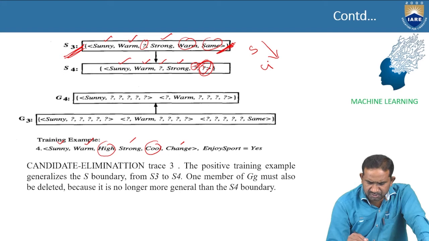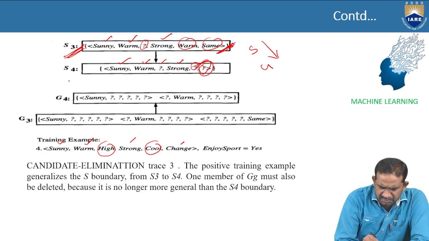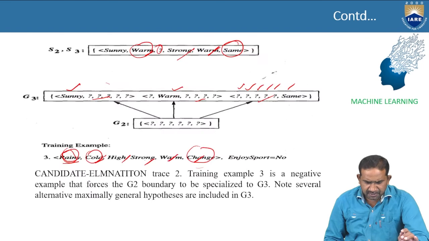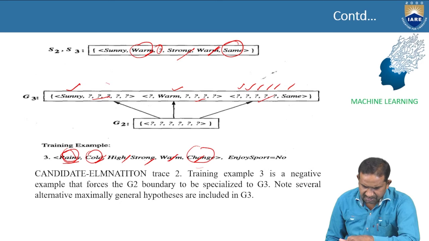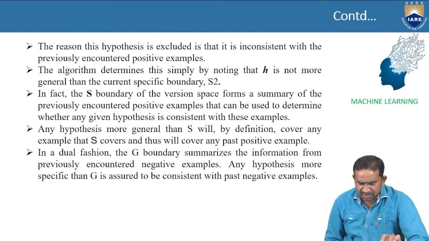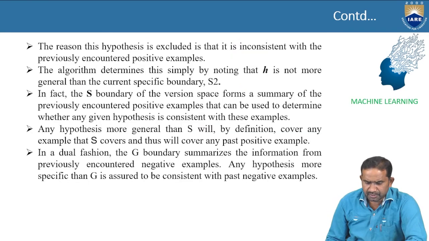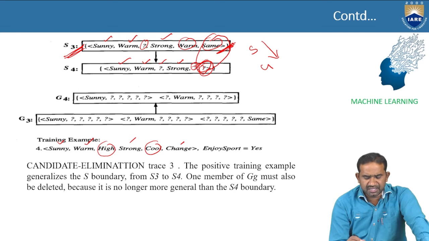And then we go to one more: G4. Again we can check this one against G3. Here we have sunny, warm, as well as warm. Why? Because we have only two parameters here. Compared to the previous one, sunny, warm, as well as the same means generalized, so we only have two options, sunny as well as warm. Why? Because there is no change between these two, but here there is a change, so there is no stability in this one. So we can take only these two.